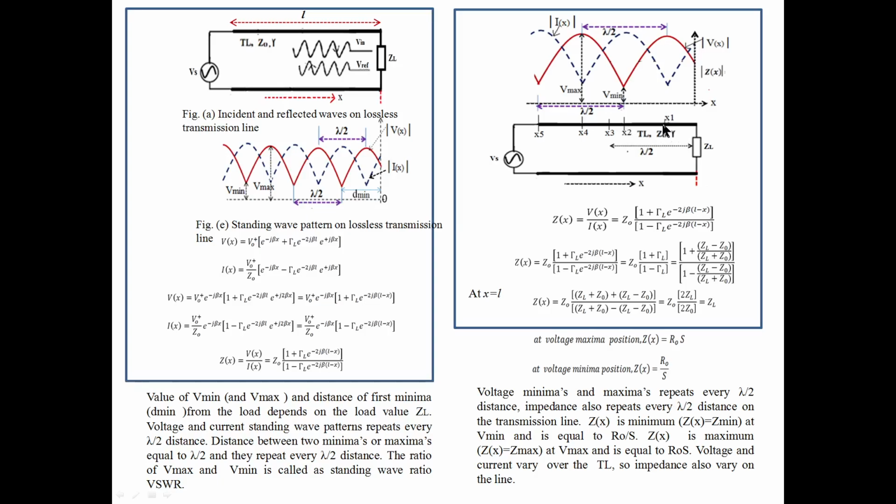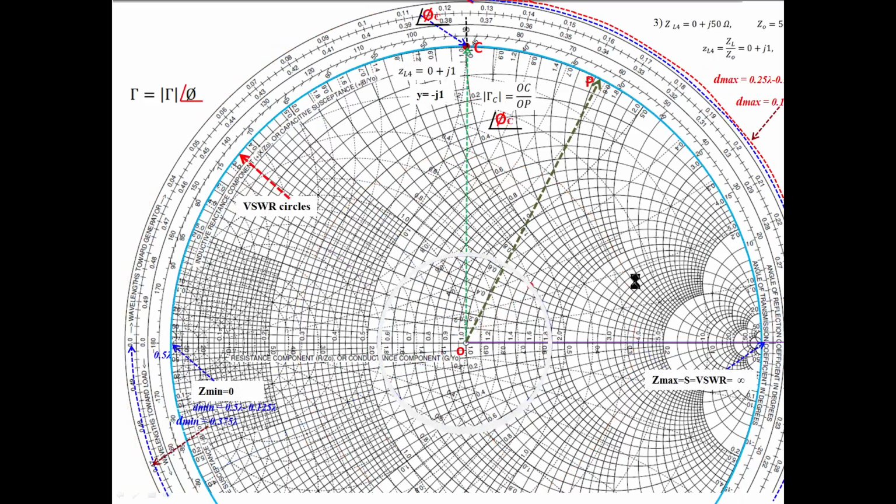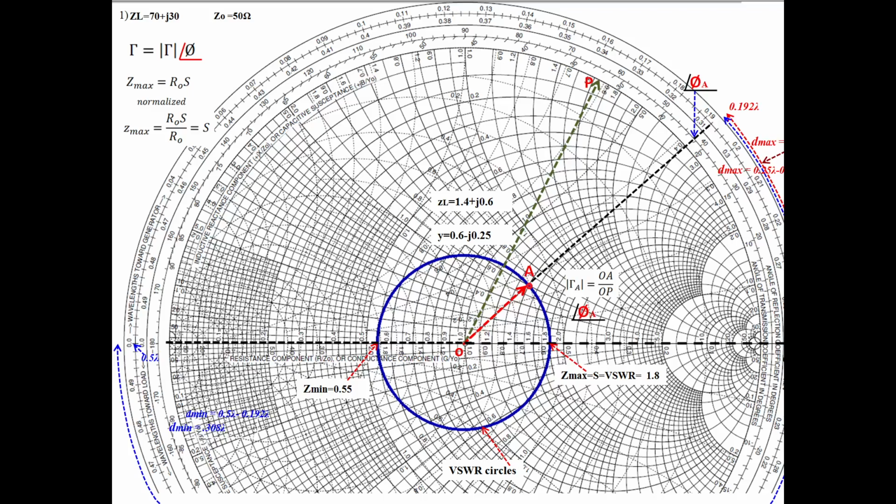You got how to find the maximum impedance. Over the VSWR circle we have to move, and wherever it cuts the right side of the Smith chart, that horizontal axis, you have to stop there and read the value of impedance. That gives the maximum impedance. Similarly, you can find the minimum impedance also. What is the minimum impedance? To find that, you should start moving from here, again from here. Okay, you go on moving like this.